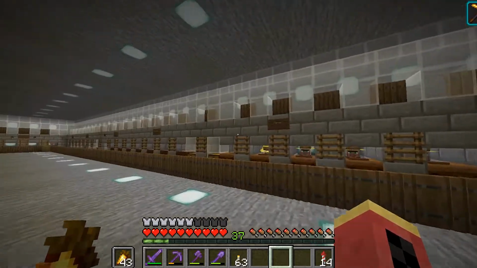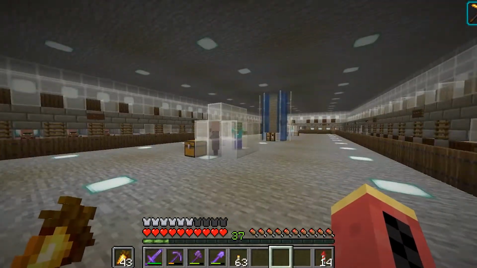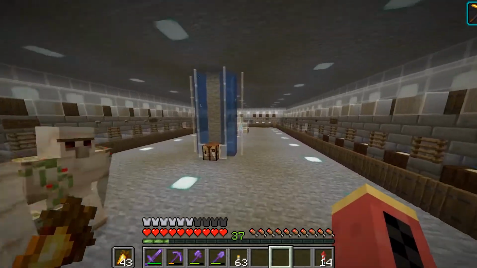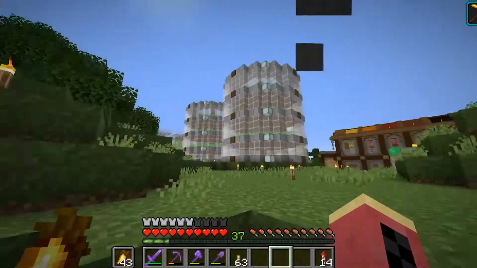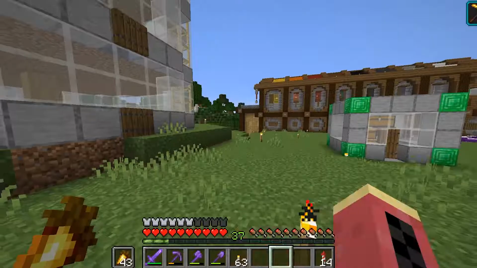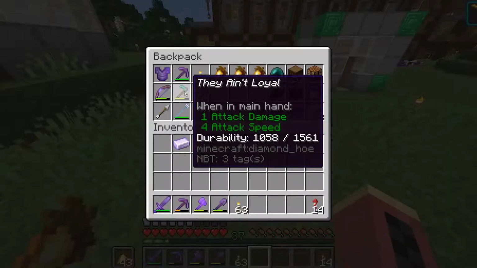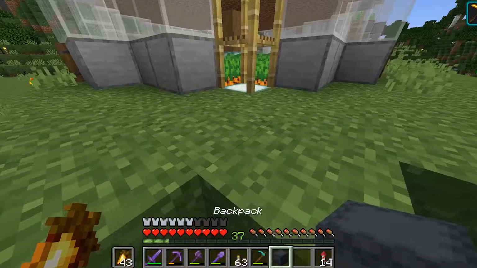Yeah, and I have to supply these farmers and all these other guys with tons and tons of resources, and that is part of the reason why I have some of these structures out here, including these 2 towers right here. And I also do have another data pack where if I hold a hoe, and I look at a crop,